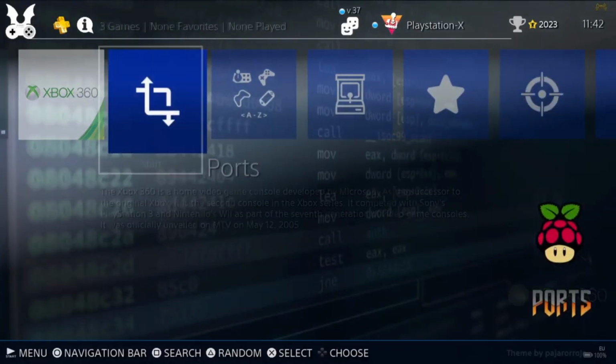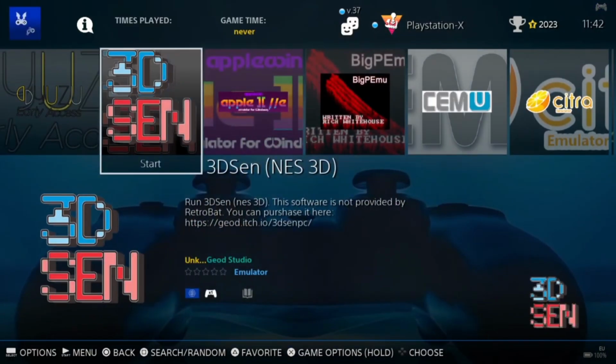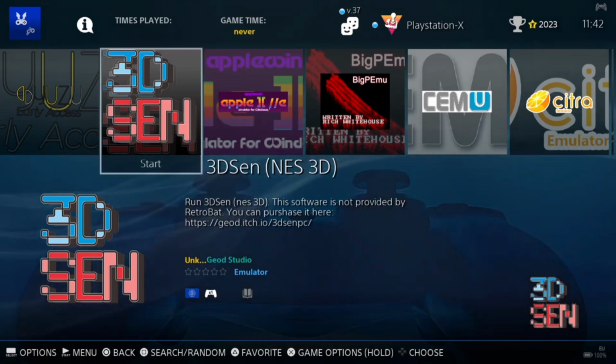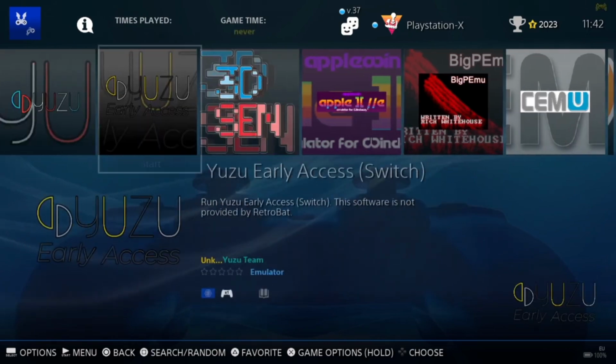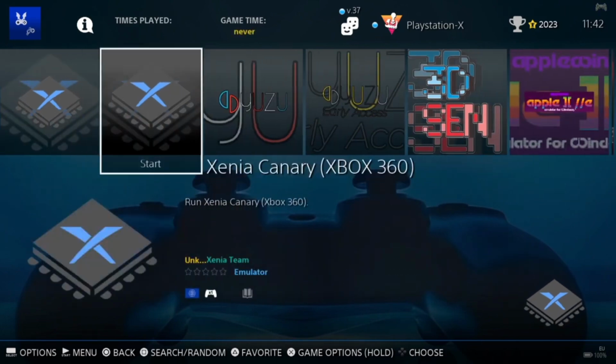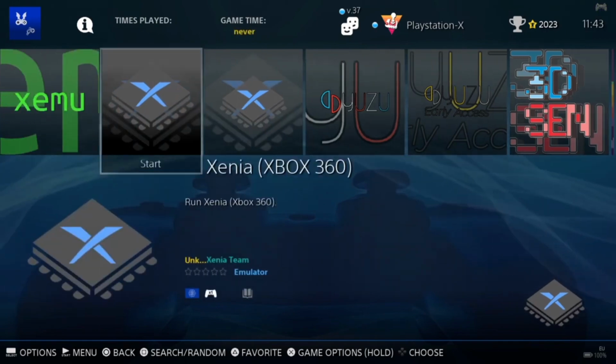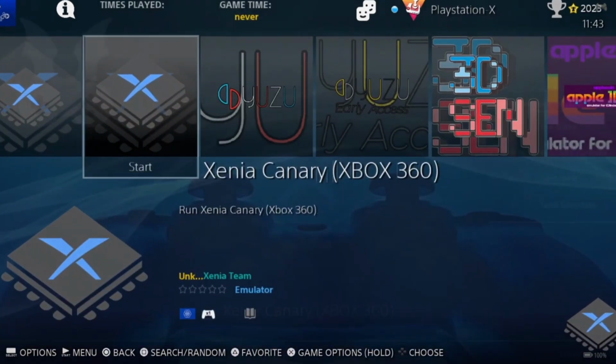So if we back out of here and head over to the Retrobat icon, this is where we can download emulators rather than using cores, which nowadays is a new feature, I suppose, to Retrobat, but it wasn't always like this. So what we're going to do is look at the emulators we can download for our 360 games. We've got Xenia and Xenia Canary. Personally, I prefer Xenia Canary. It seems a bit more compatible than the standard Xenia. So I'm going to open up Xenia Canary,